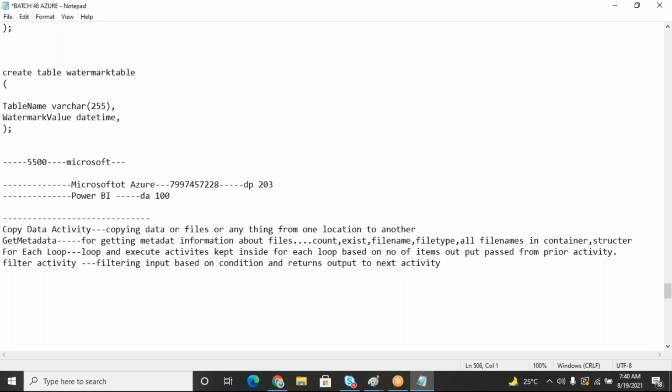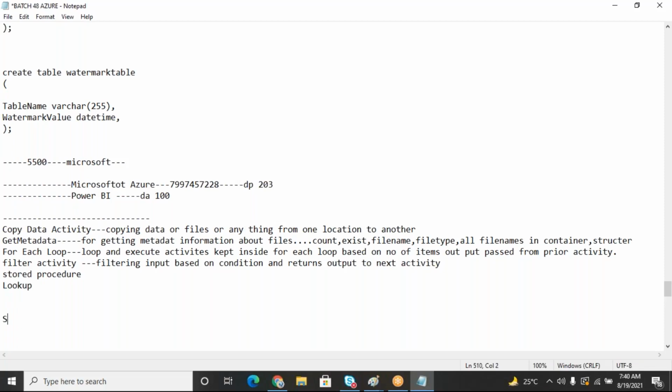We also discussed the for each loop activity and the filter activity, and yesterday we discussed the stored procedure activity and the lookup activity. Today we are going to discuss several other activities as well,